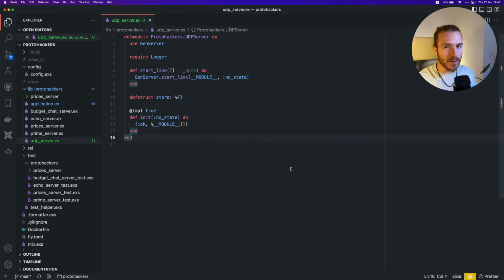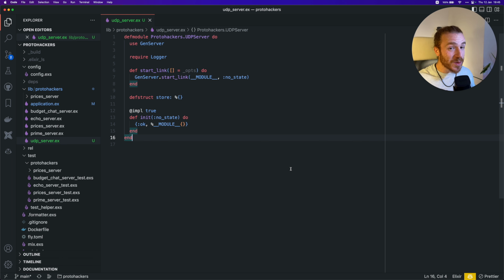So for our UDP socket, Erlang luckily ships with a gen_udp module, which is what we're going to use. It's similar to gen_tcp, but it deals with UDP, obviously from the name. The function we'll use to listen on a specific port is gen_udp.open, which we'll see in a second. UDP's idea of servers and clients is kind of wonky. You can open a socket on a port, and there you go. You just kind of have a server and a client on that socket.